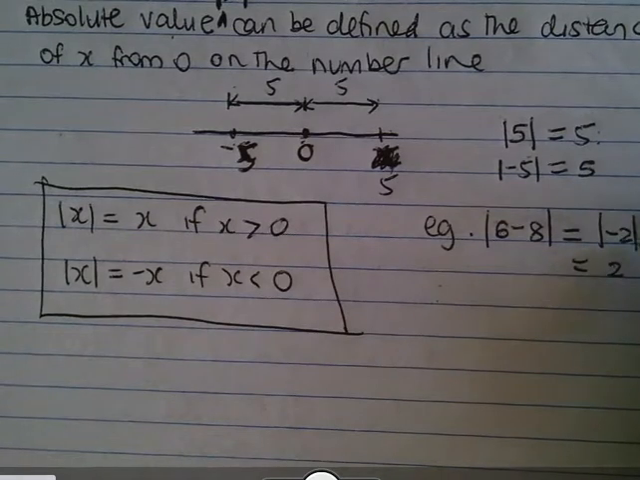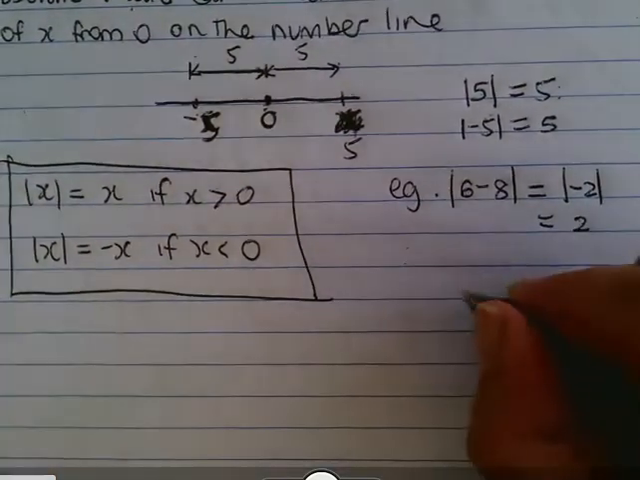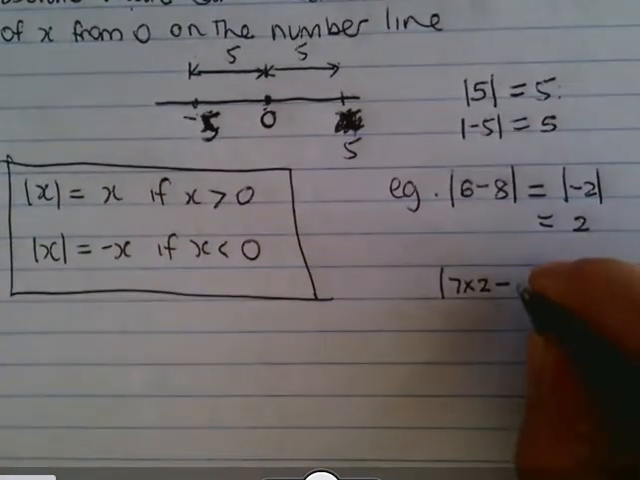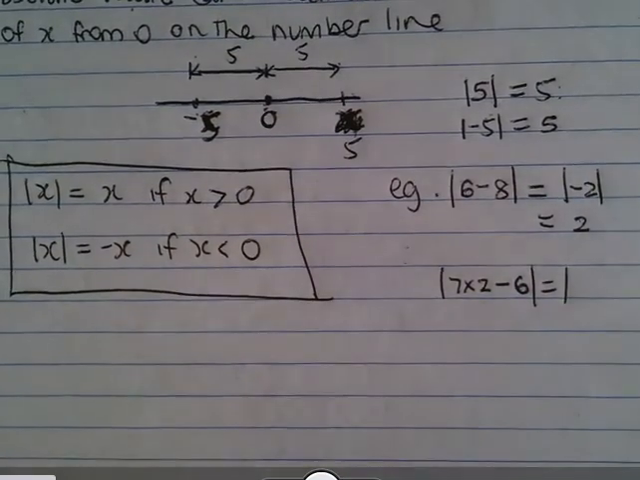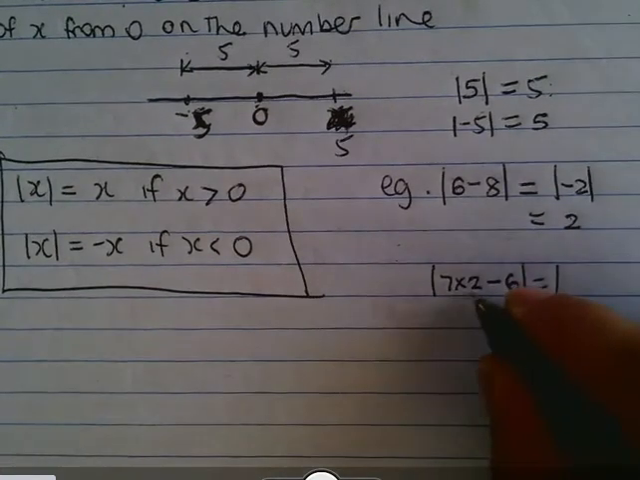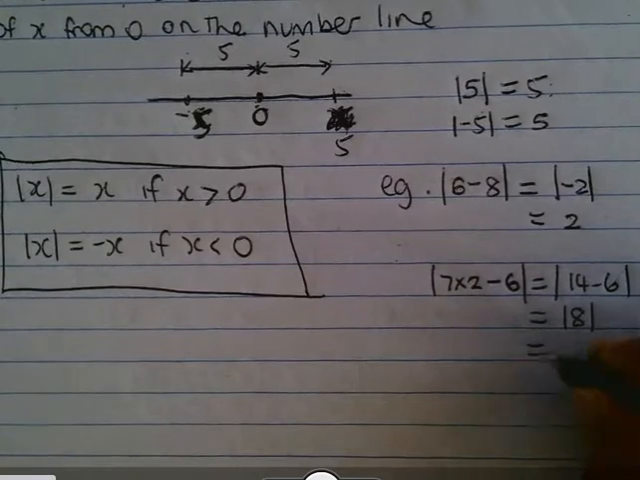It's asking you, how far is -2 from 0? It's 2 units from 0. Don't worry about the direction. Now, I might go absolute value of 7 times 2 minus 6. What would you get here? So you just work it out. 7 times 2 minus 6 is 14 minus 6. Absolute value of 8 just happens to be